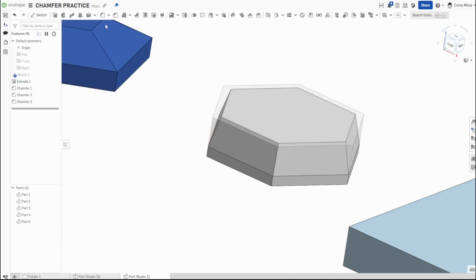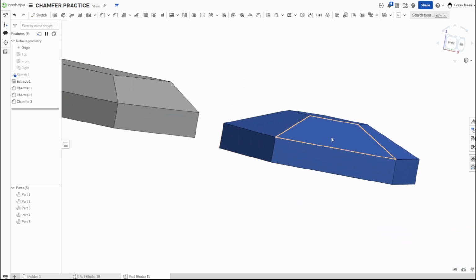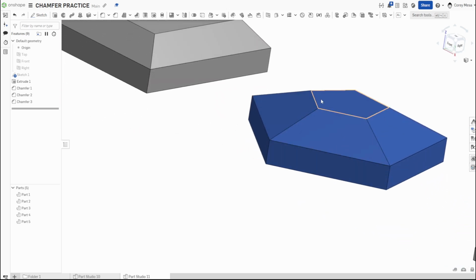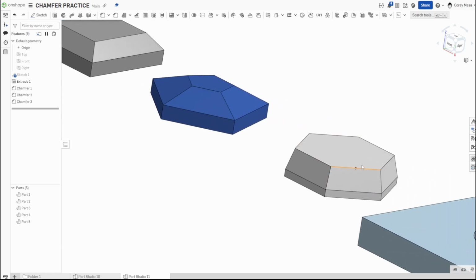So we'll say okay, and you'll see my square is an equal distance. My pentagon is a two distance, so two different values, and my hexagon is my distance and my angle. So that's how that chamfer tool works. Again, if you need any help with that,